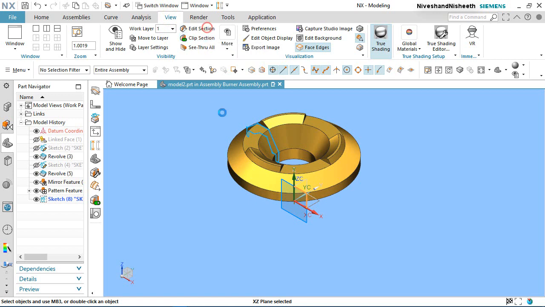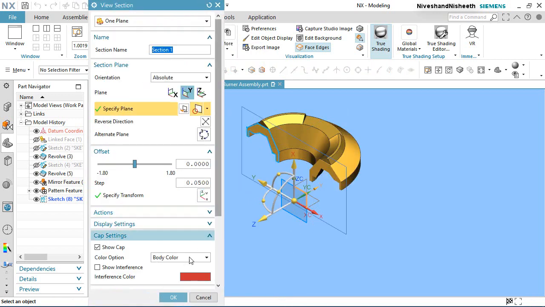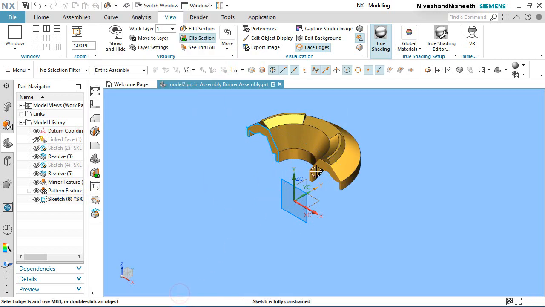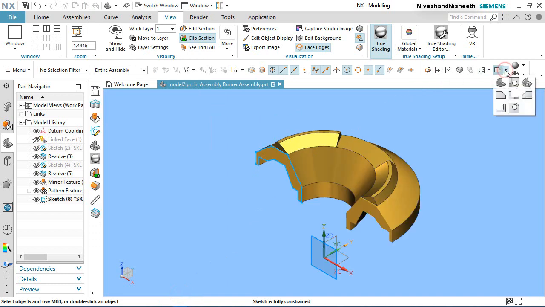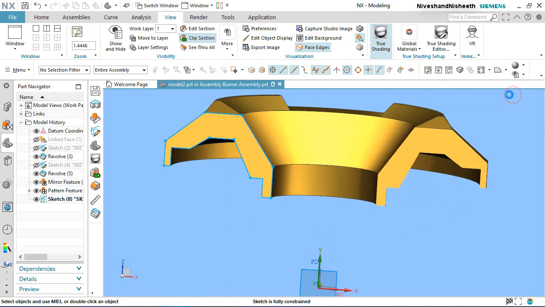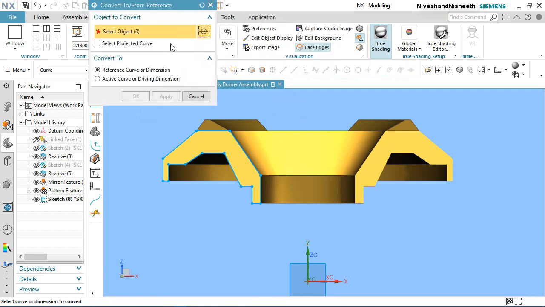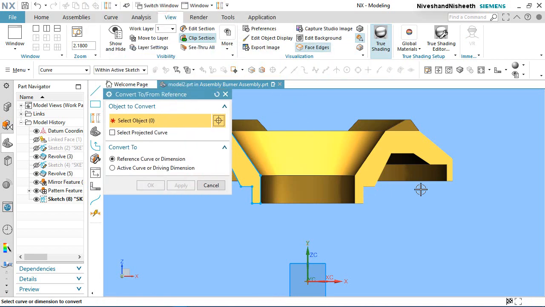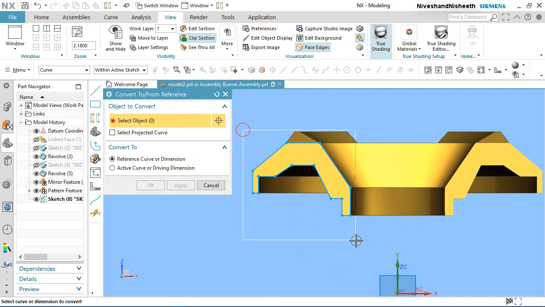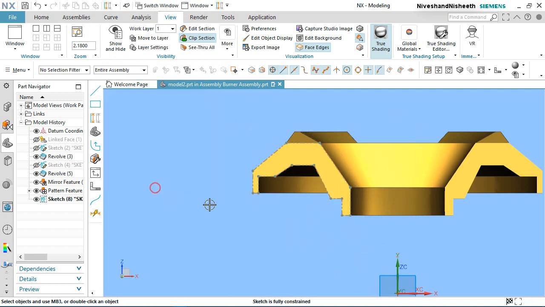Activate the section view command by selecting the XZ plane. Choose front view. Convert all the projected lines into construction geometry.